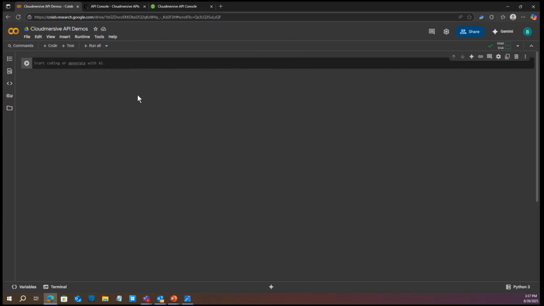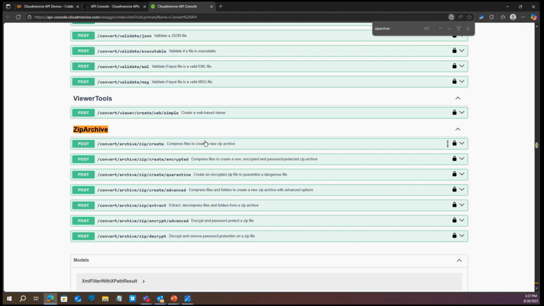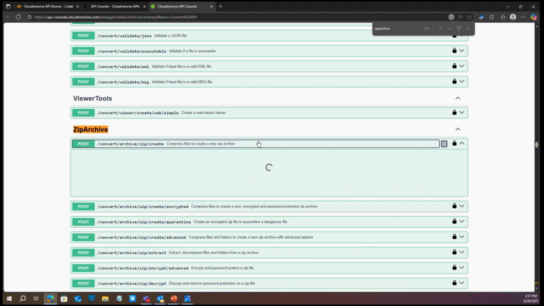To find the code we need, we'll head to the Convert API page on the Cloudmersive API console. Down at the bottom of this page, we'll find the zip archive path, which contains several Convert API services for programmatically creating and taking actions on zipped archives. We'll select the first API on this list, called compress files to create a new zip archive,